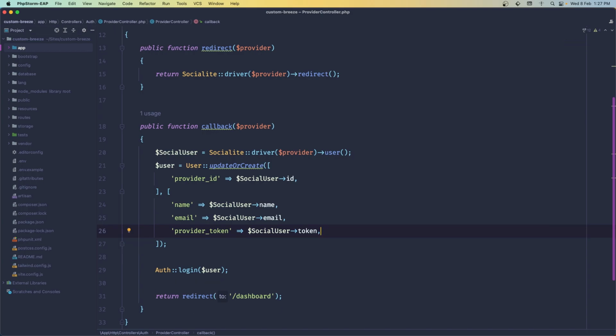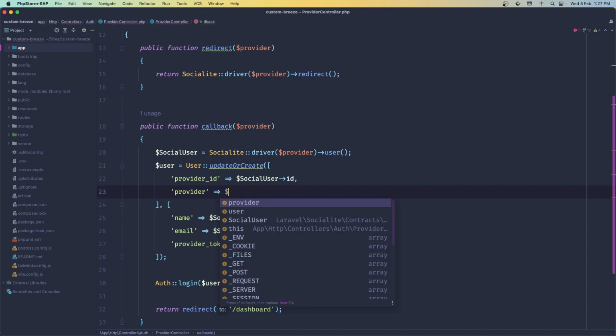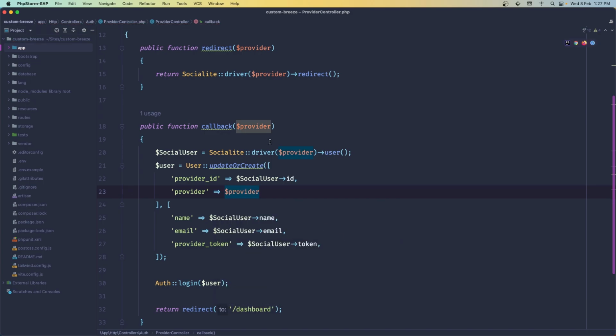Also, we need to add the driver, which is the provider. So I'm going to add it here. Let's say provider, which is going to be what provider we have here. So for example, Google or GitHub in our case. And let's add the provider ID, provider, and the provider token in the users